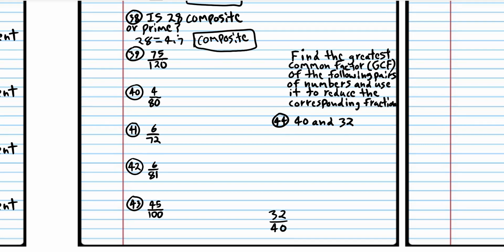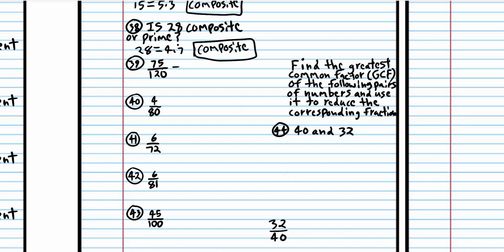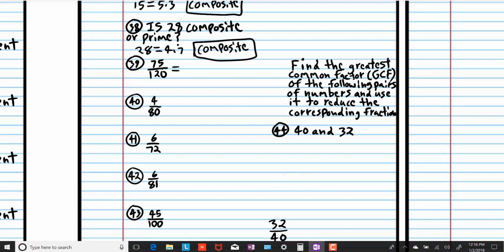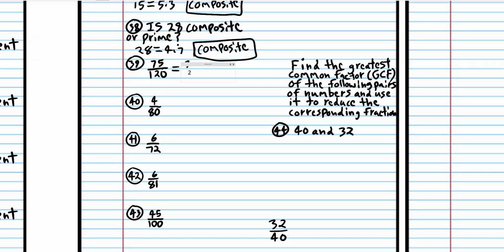So this is what I mean. I guess I'll do number 39. You can do the rest. So 75 is 3 times 25. And 120 I know is 12 times 10. And let's keep going. I don't see any common factors yet. These are not common, so let's keep factoring. 25 is 5 times 5. And I know 10 is 2 times 5, so now we have a common factor. So we can cancel out these 5s, and we end up with